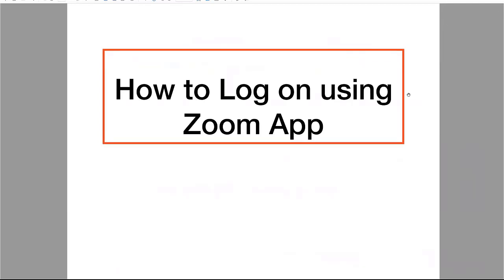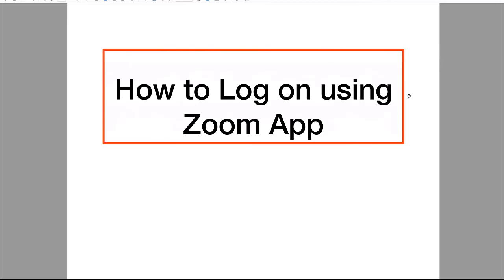Okay, and the first thing you're going to do every day when you come into the classroom is to log on, using the Zoom app, and you'll be either on a tablet, an iPad, occasionally you might be using your phone, ideally you'll be on a laptop or a PC. The procedure is essentially the same on all of them. It varies only slightly from Apple devices to Android, but the essential procedure is the same.